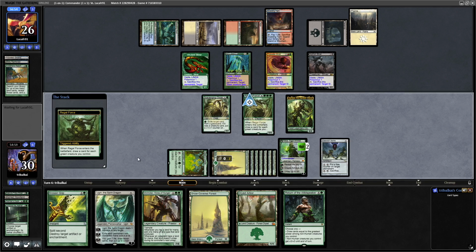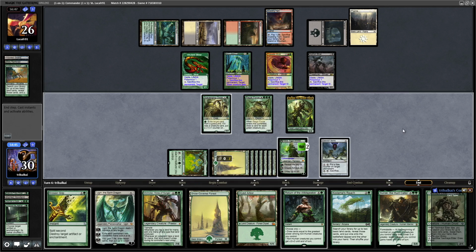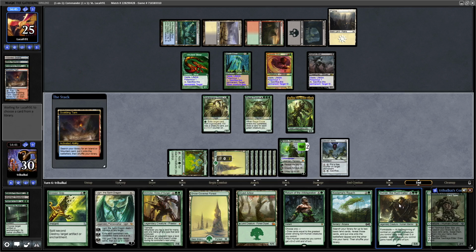They're going to have to start swinging into us eventually. Now it's Kodama's Reach. We've got Surak. Yeah, a couple of cards to discard there. We'll just continue to sit back and try and outramp our opponent. Let's get rid of a couple of lands because we are going to...